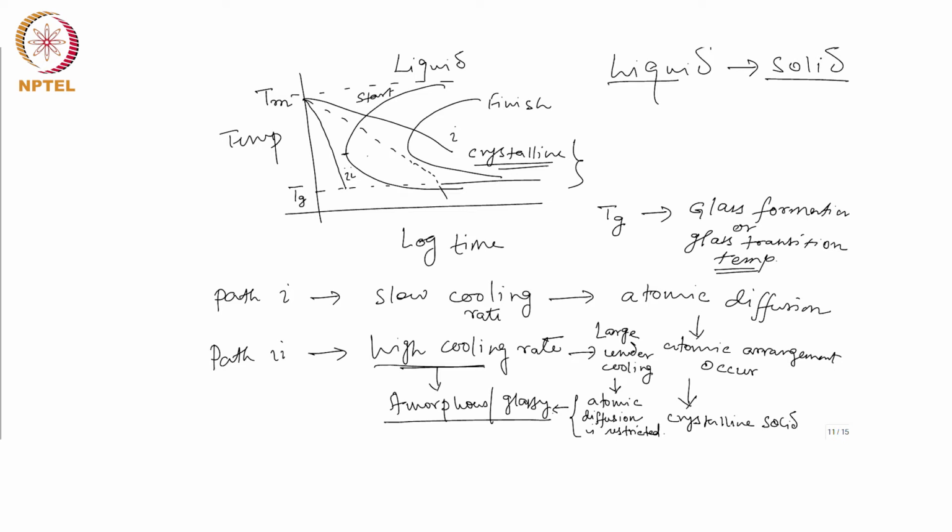Which intersects the start curve, but does not intersect the finish curve, as you can see here. So, let us call that path 3, and for such a path which is intermediate between 1 and 2,